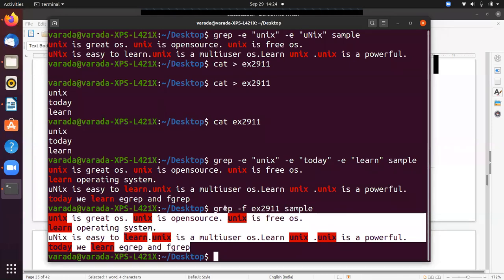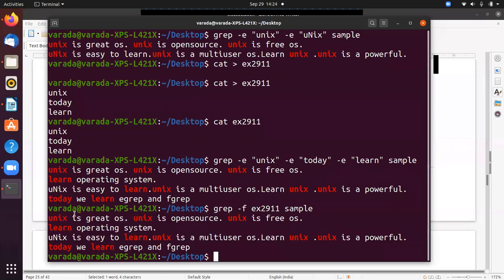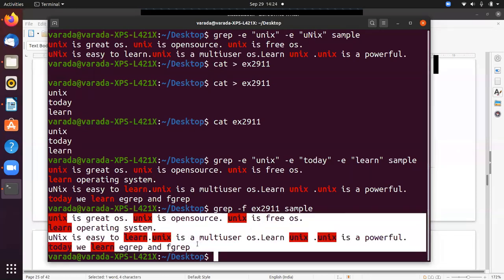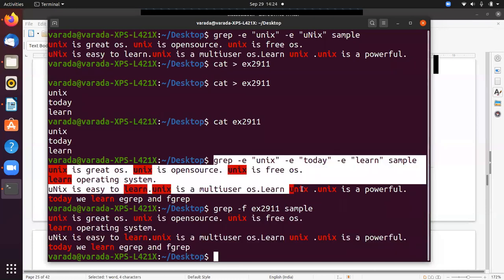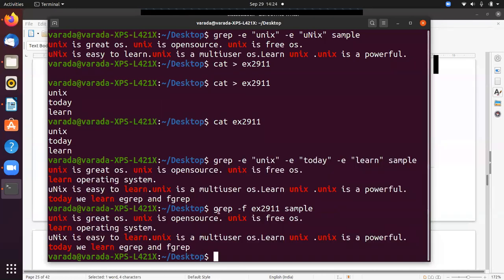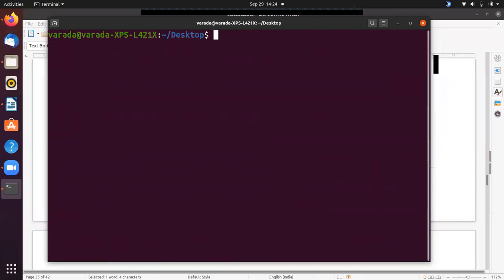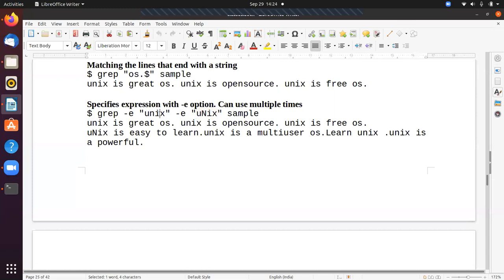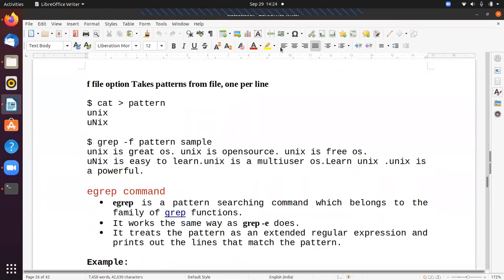In this case, this is the output equivalent to the previous command. Grep -f: the patterns are stored in one file, ex2911, and the file name is sample. So this is about the grep command. The -f file option takes the patterns from a file, one per line.